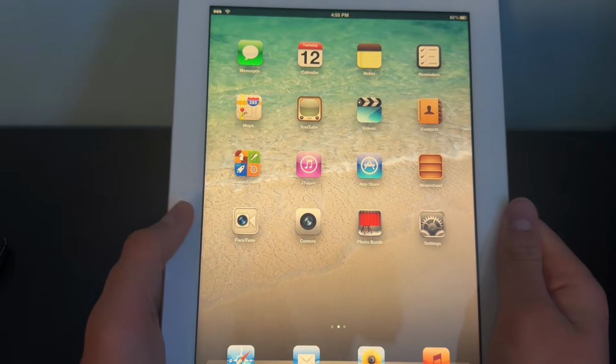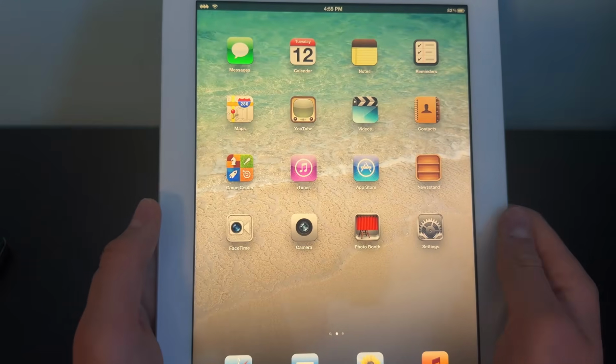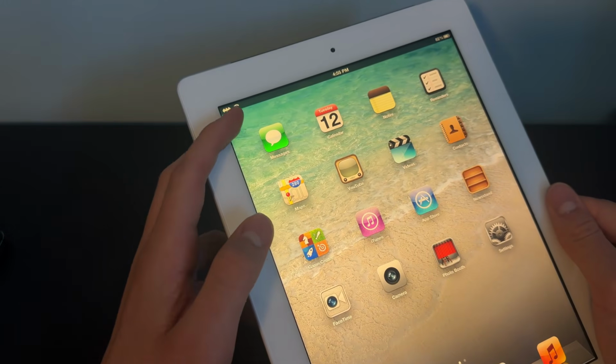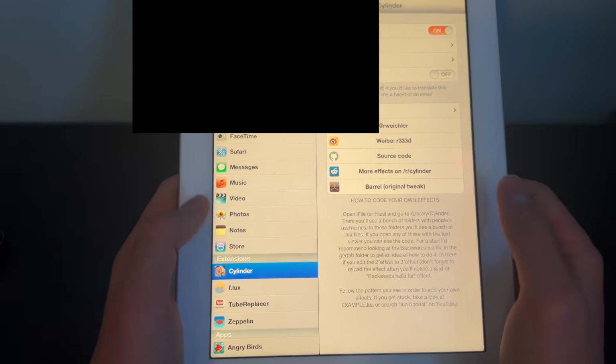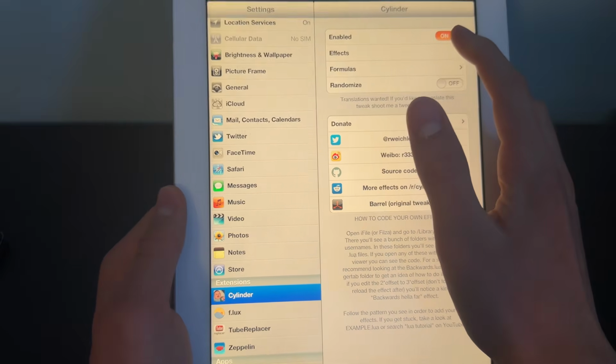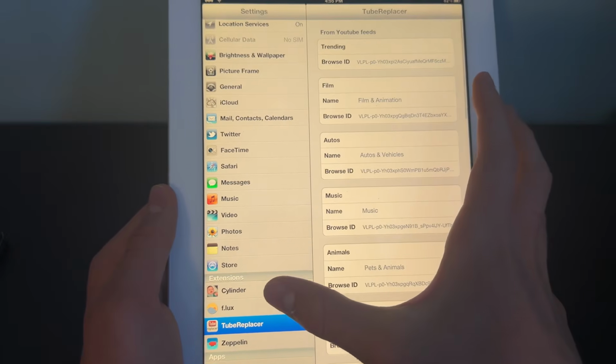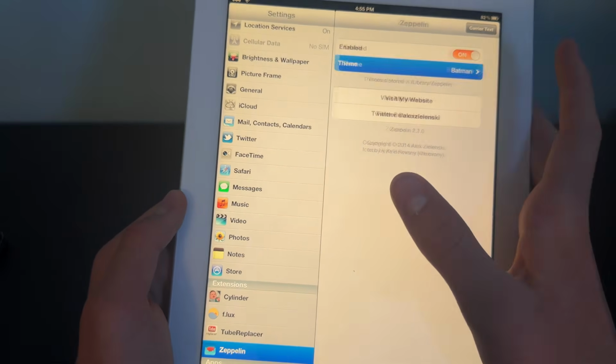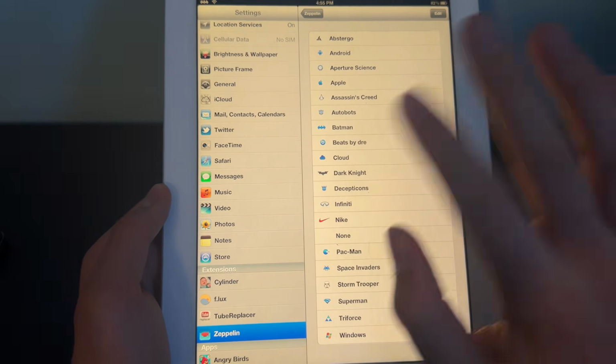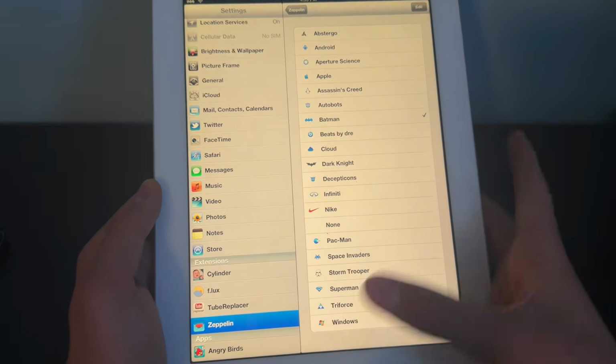What these tweaks essentially do is give you cool home screen animations and a cool carrier logo up here. You can adjust these in settings, of course, by finding them in extensions. For Cylinder, you just go into effects and then you can select whatever effect you want. Just don't choose multiple at once, it looks bad. For Zeppelin, you go in here, click theme, and you can also get more carrier packs from Cydia if you